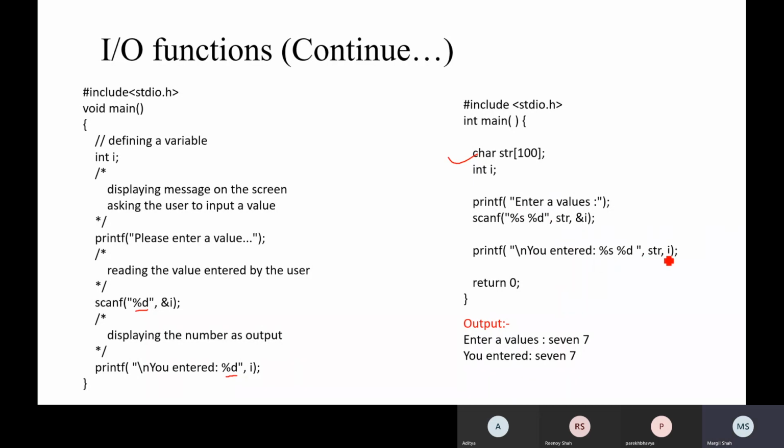You entered this, so it will display here, enter the values, and we have entered 7. So 7 will be stored as the value of i, and the string will be stored as the value of str. Okay, and the same is going to be printed with the help of a printf function.